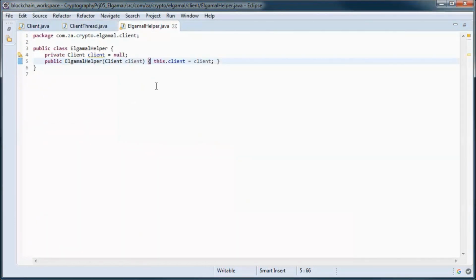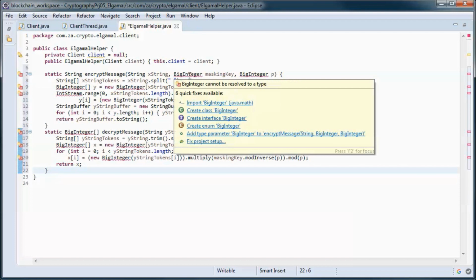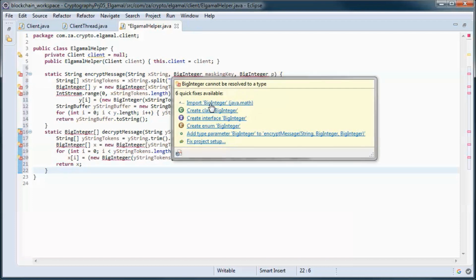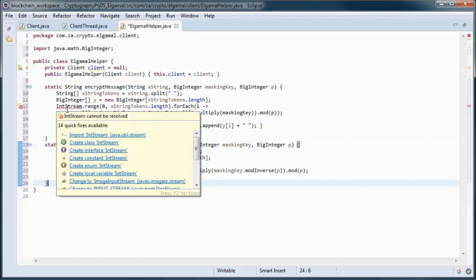And here we will have those two static methods to handle encryption and decryption of messages.